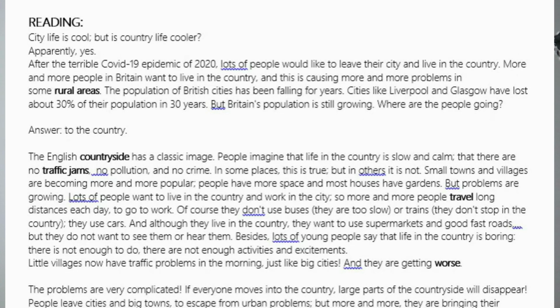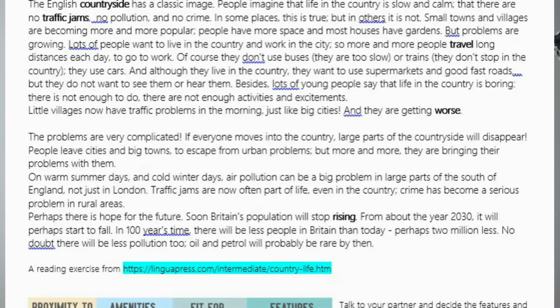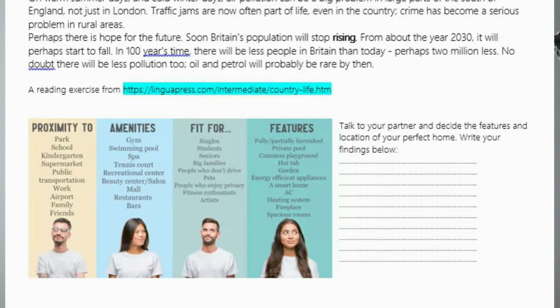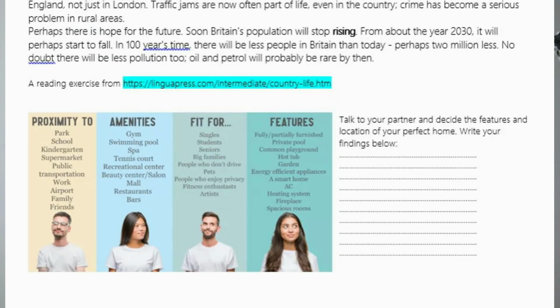So I took this reading exercise from the internet, and of course, every time I do that, I don't forget to add the website for the students to check and for the students to look at what else they have to offer. Moving on, this is something that I made myself